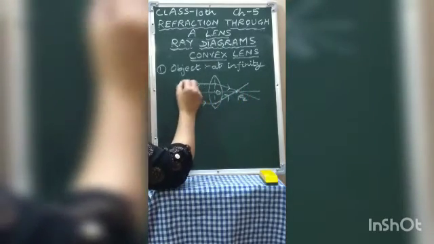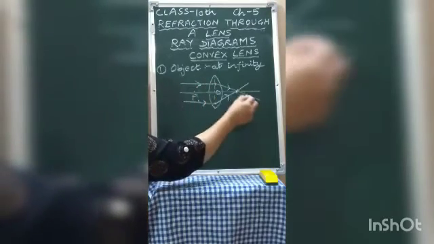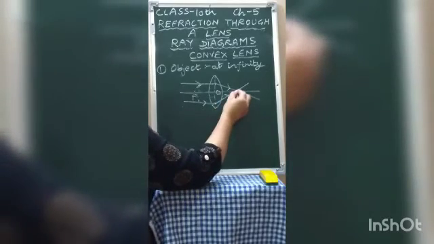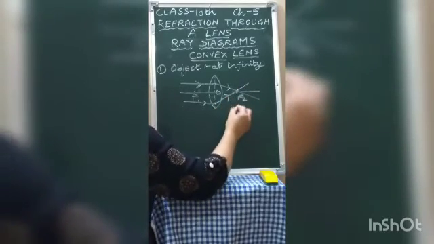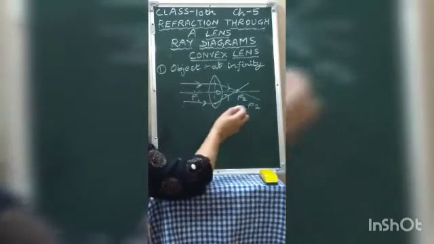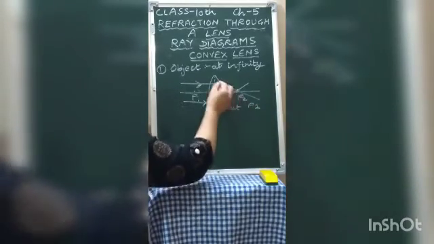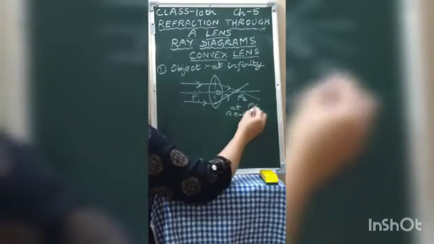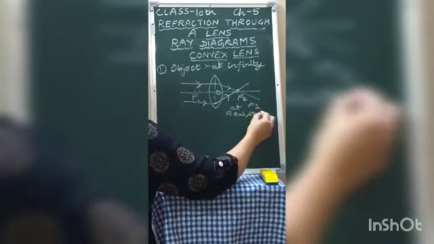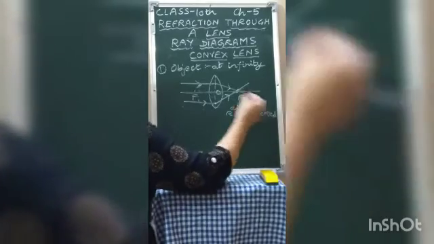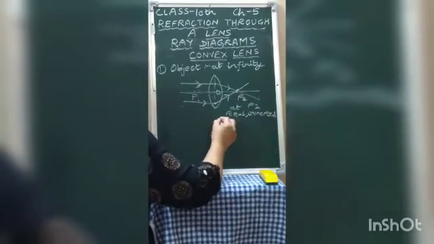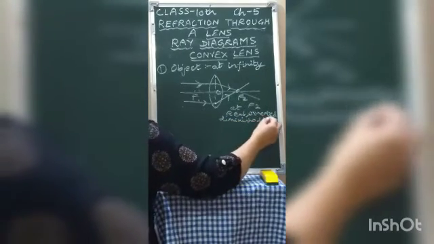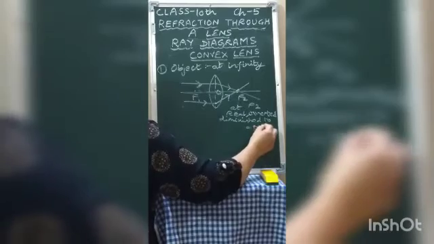So children, these are ray diagrams. You have to represent this by rays, meaning arrows are compulsory to be shown. So the image is formed at F2. And what are the characteristics of the image? Because the rays are actually meeting, the image is real. A real image is always inverted, and here it is very small, diminished to a point.